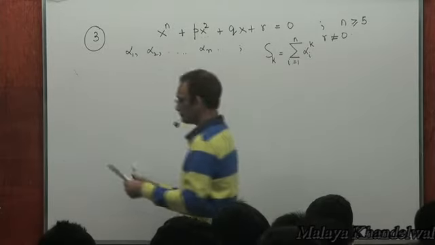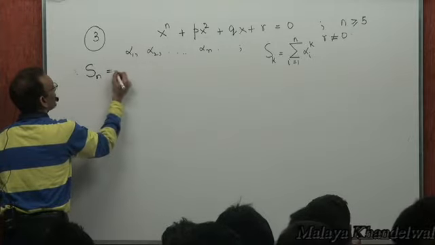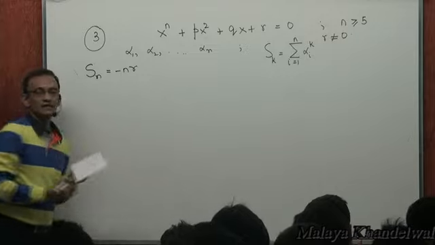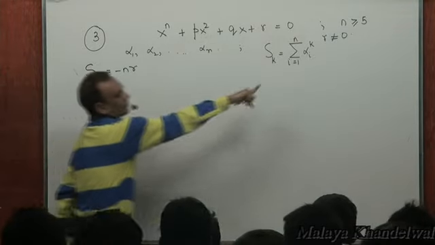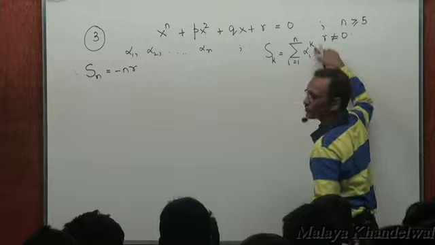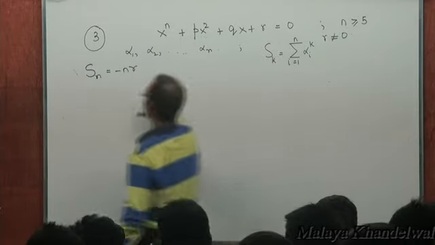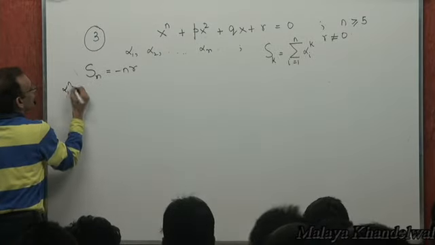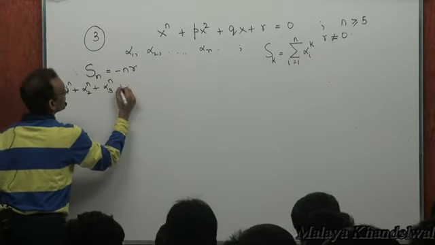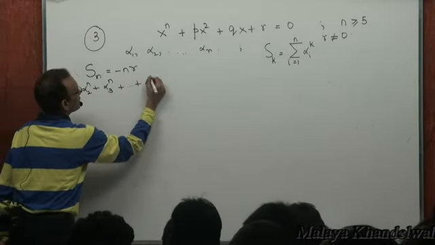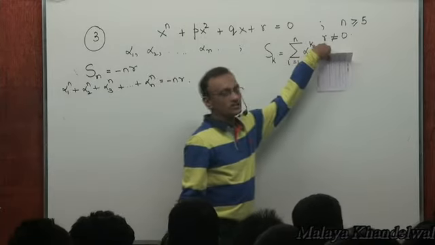Part 2 of the problem: Sn is minus nr. What is Sn? Sn is actually alpha 1 to power n plus alpha 2 to power n plus alpha 3 to power n, and so on. Instead of k you have n, right? That means we want to show that alpha 1 to power n plus alpha 2 to power n plus ... plus alpha n to the power n is minus nr. That's what we want to show. Put k equal to n in this, you get,